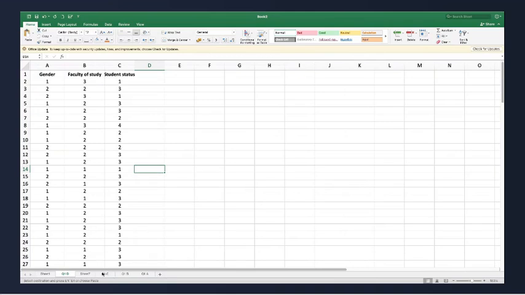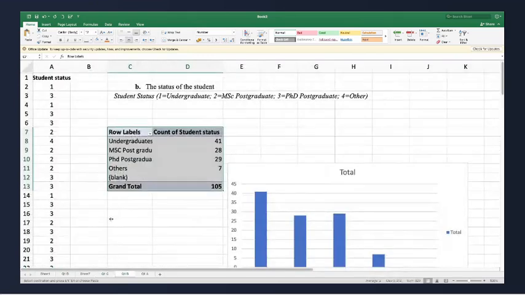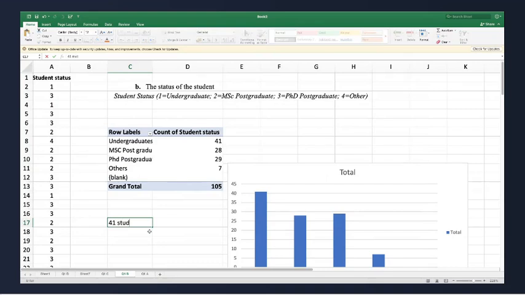That is, here you can see that 41 students, right, are undergrads, right? And then 28 was, that is a majority of the students, that is 41 students are undergrads, then 28 students are postgraduates, followed by PhD students and others. So the least number of students are in other streams other than PhD and MSc and undergrads, right? So you will have to put the description also, right? Like what these frequency tables mean in your Word document along with this table.